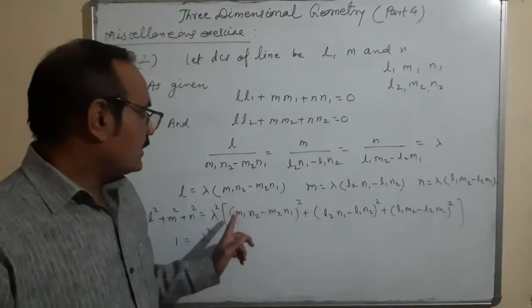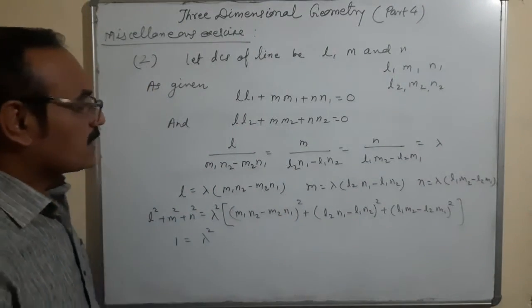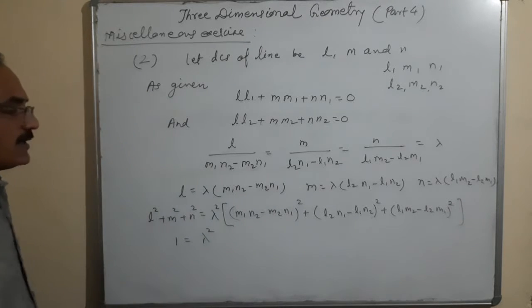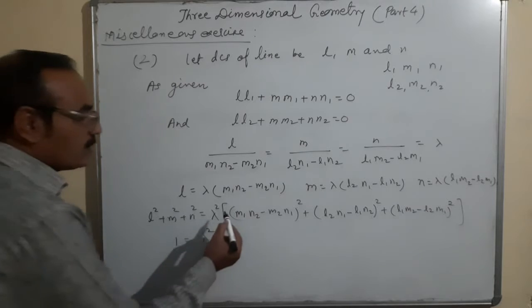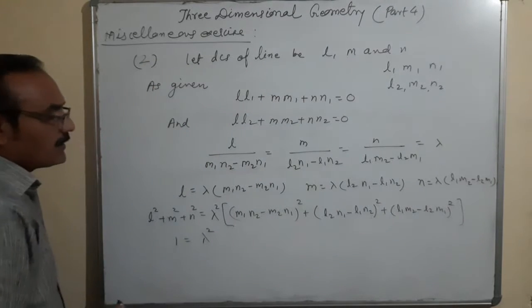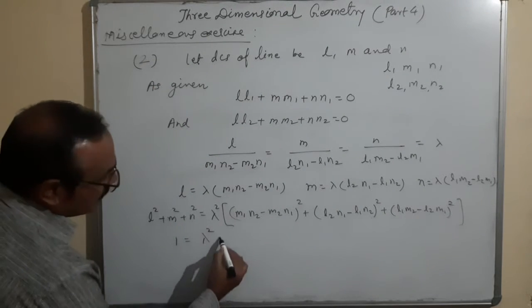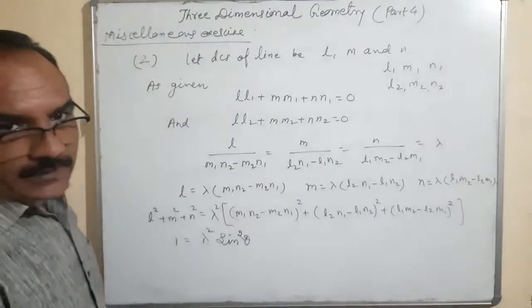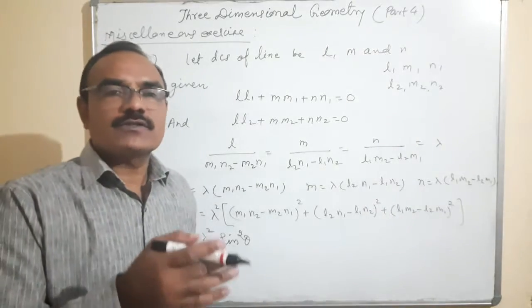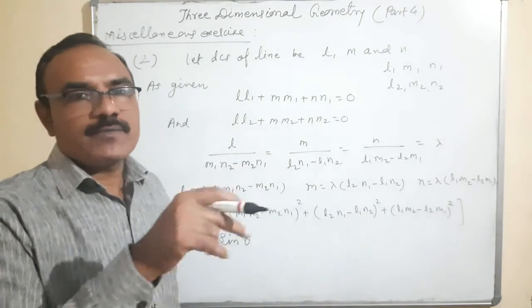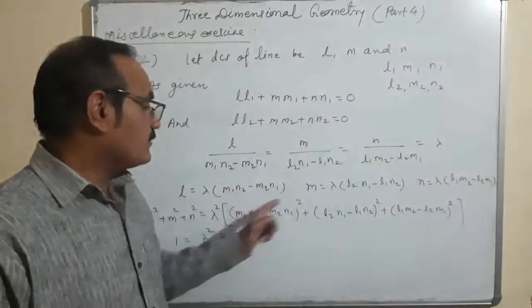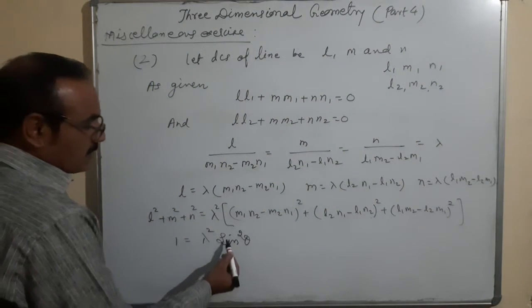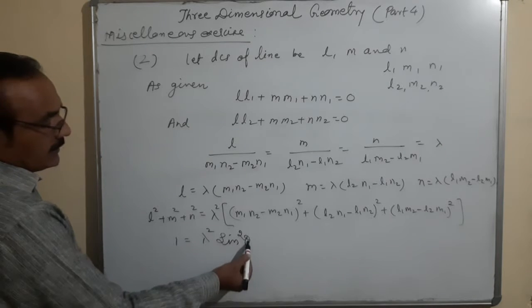So this is actually in the root term, this is the value of sine theta. It is in the form of root, it is a sine theta. So what does it mean? I may write here the value is sine square theta, because it's given in the form of a square term. So it is equal to sine square theta. This is the formula which is derived from cos theta. When cos theta, we have to write here under root 1 minus sine square theta, then we'll get this value. So that means sine square theta, and